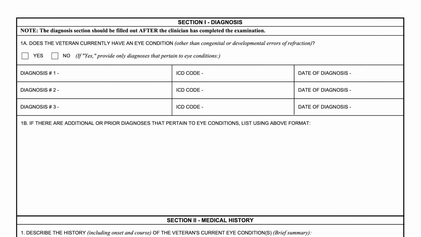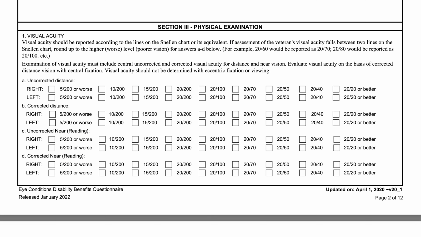If we jump now to the DBQ for these particular conditions, turning over to sections 1A and 1B, these sections prompt the examiner to indicate any applicable diagnosis for the DBQ. As seen at the top of the section, it is noted that the examiner needs to complete the physical examination before completing this section. If we jump now to section 3 of the DBQ, this section is the main portion